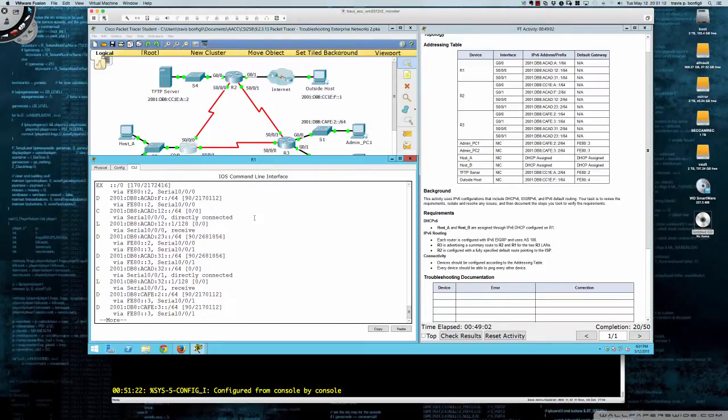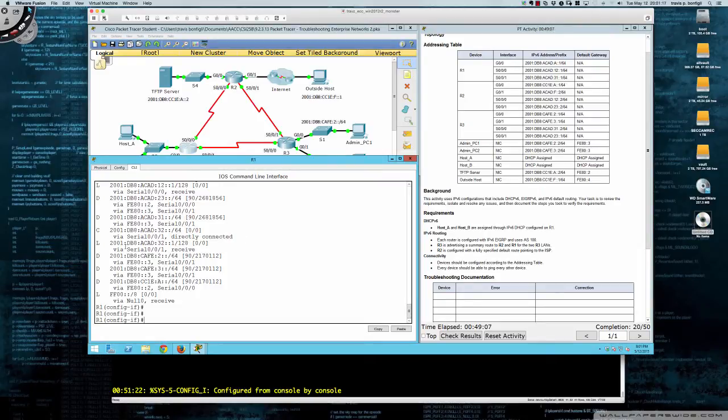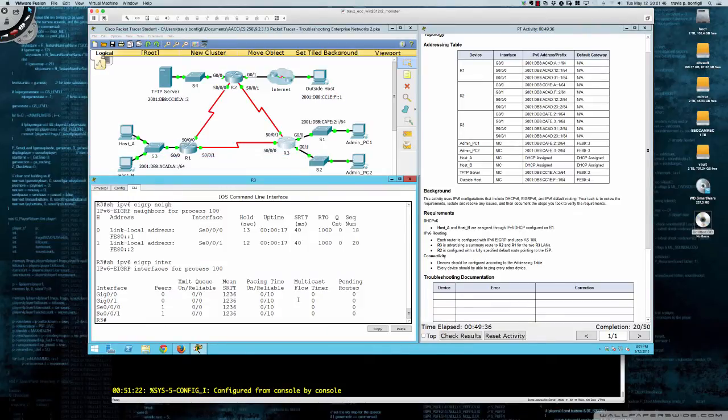In fact, we should be seeing, and there you go, the cafe ::2 and ::3. So we're picking the subnets up over behind router 3 now, whereas before we didn't have any of that information. All right, so it says R3 is advertising a summary route to R2 and R1 for the two R3 LANs. So let's go ahead, jump back onto R3 here,